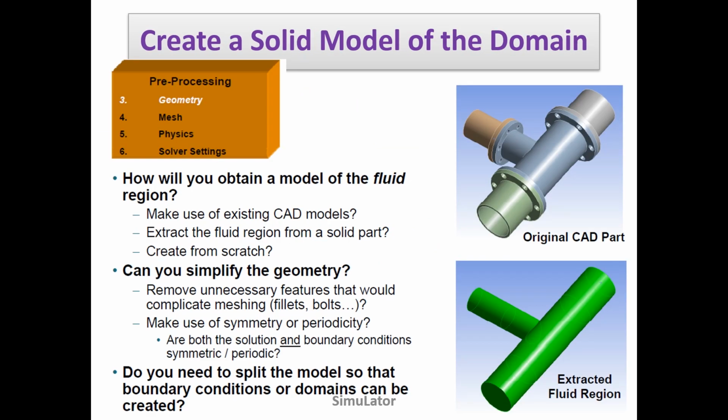In the third step, we need a geometry to create a CFD model or simulate it. Here we are trying to simulate fluid flow in a T-junction. So we only need a domain where fluid flows. So we have to remove all the plates, bolts and joints. So our geometry will be like this. This is our geometry on which we have to perform simulation.